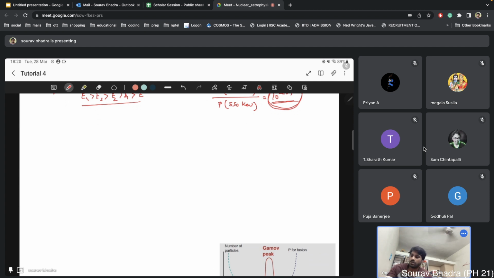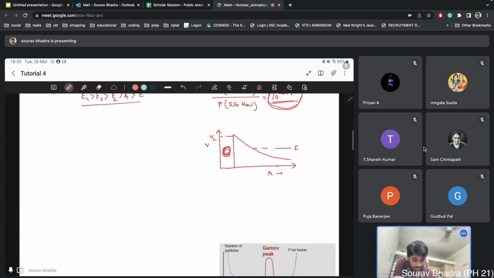Very briefly I will tell you about the quantum tunneling effect. Suppose this is your potential barrier, which will look like this, with the value Vc, and this is R. Suppose two protons are coming closer and closer, and if they have energy like this,